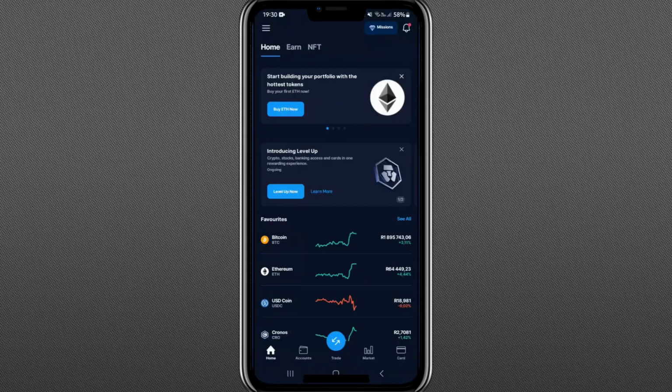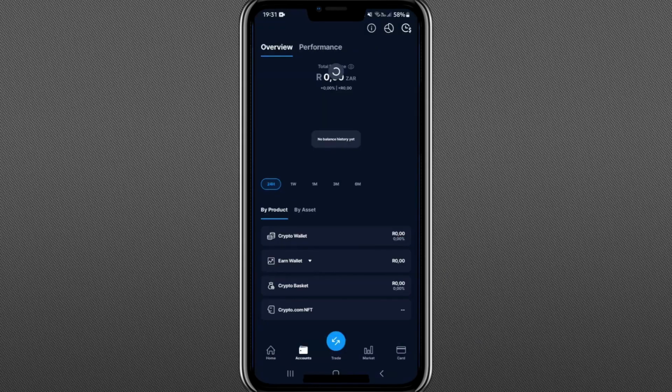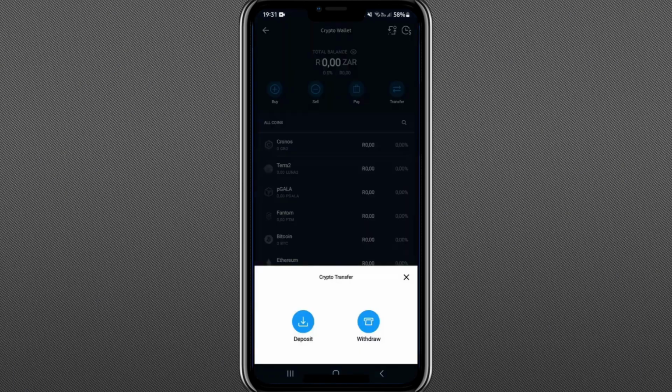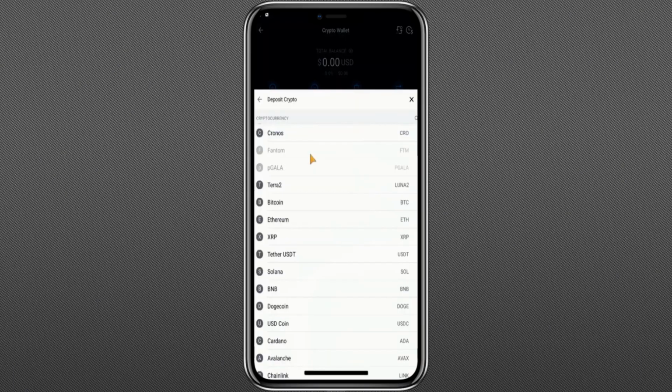Then go down to Accounts at the bottom and tap on it. Here you will see the crypto wallet. And once you tap on the crypto wallet, you will notice a few options at the top, including buy, sell, pay, and transfer. What you need to do is click on Transfer, choose Deposit, and select the type of crypto